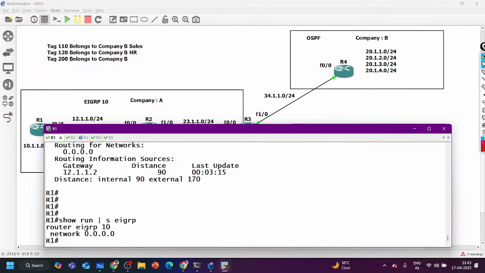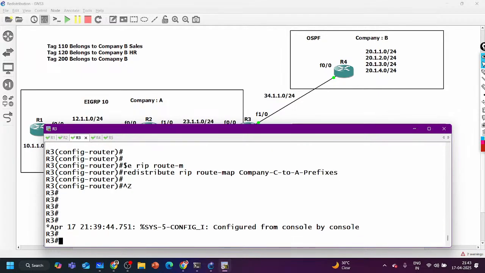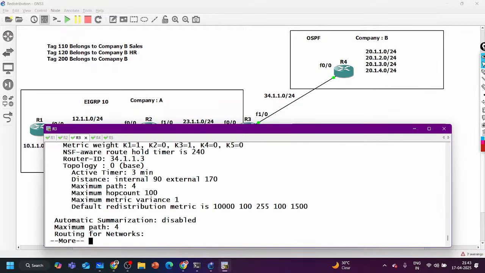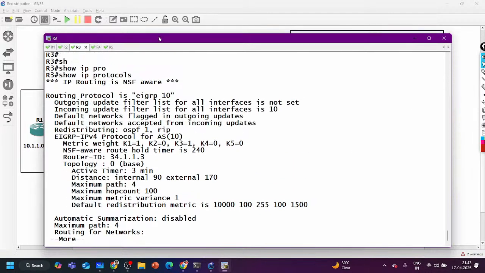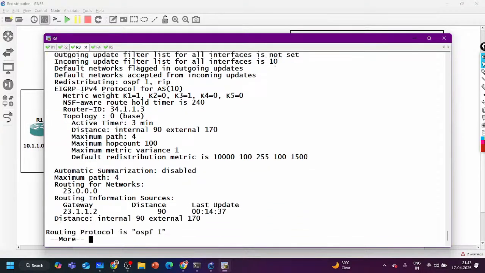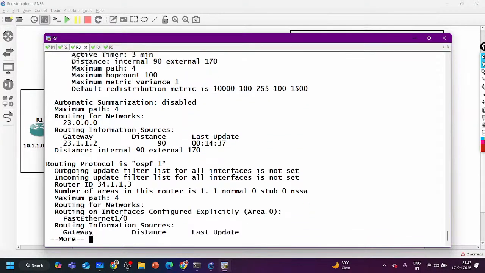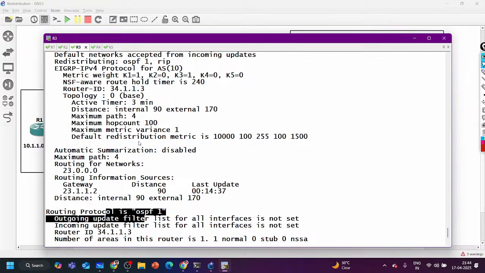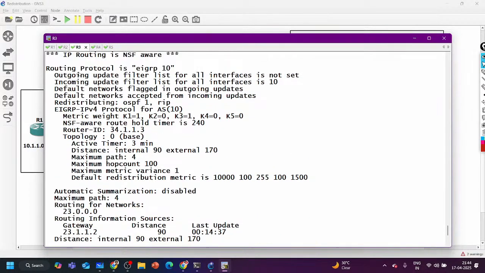Except this show command. On router number 1, I am here. Sorry, I should check on router 3. Show IP protocol. In show IP protocol, is there any information about redistribution here? Tell me, guys. This is OSPF. Here is your EIGRP. Right? Like you can see, you have applied the filtering.